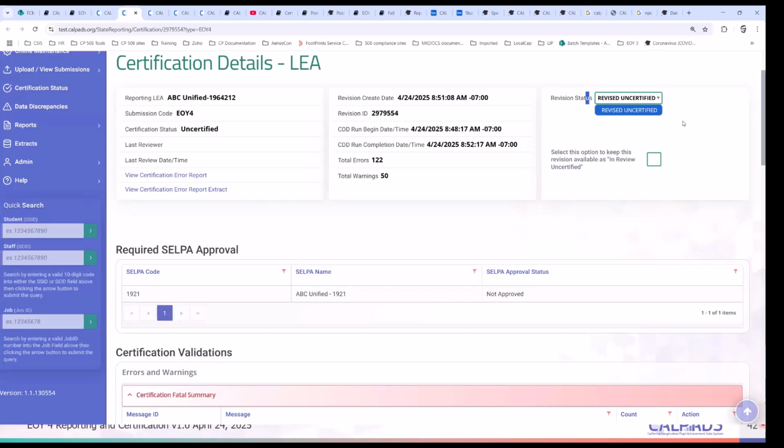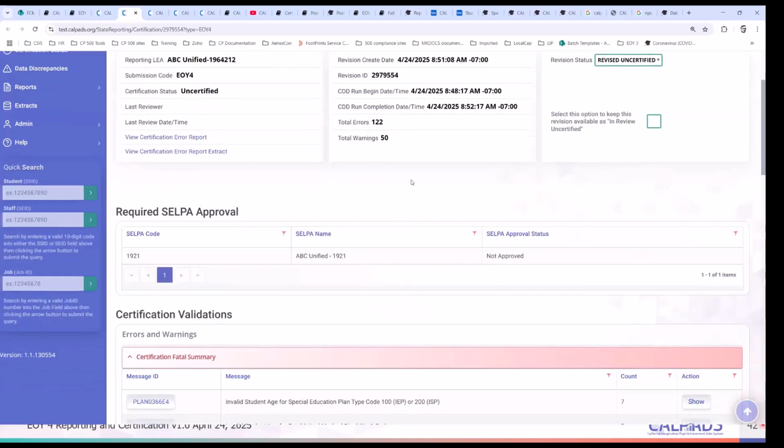Just be aware that CalPADS refreshes longer than expected, and so you may think you've already switched to the correct version, but you have to make sure you've switched to a new revised and certified version by verifying the revision ID and the create date. So that's just how it is.